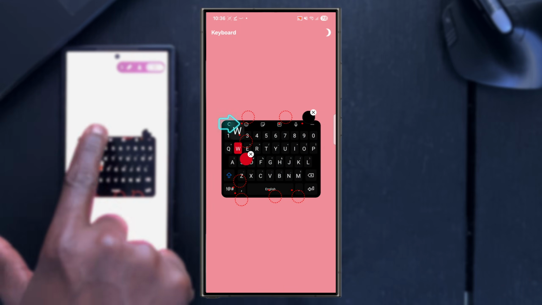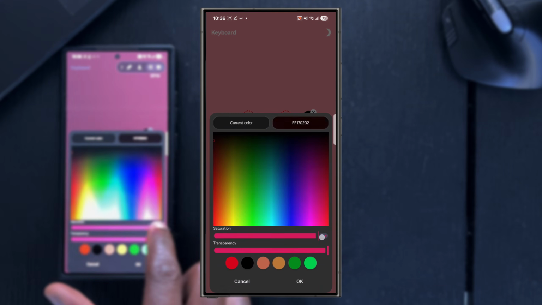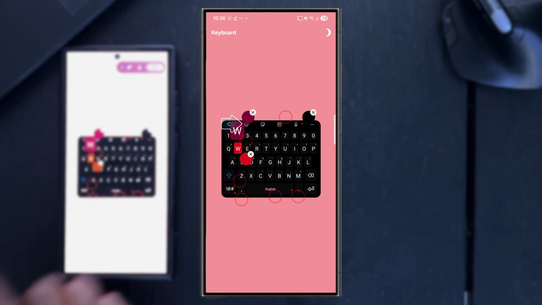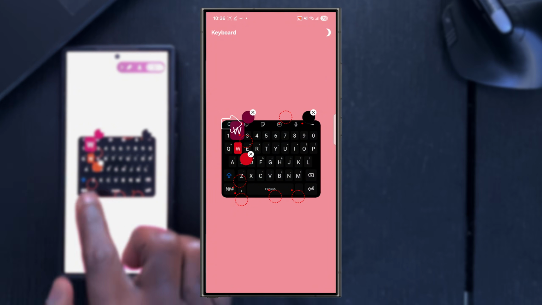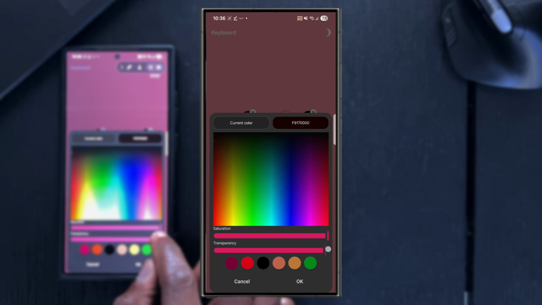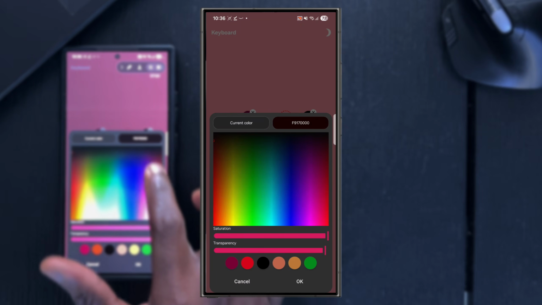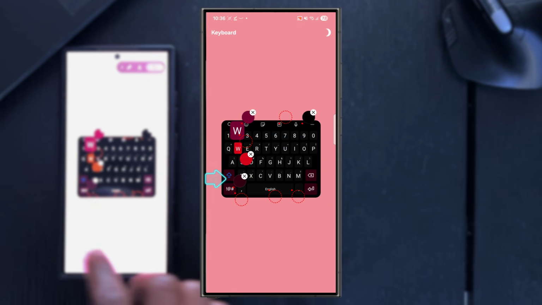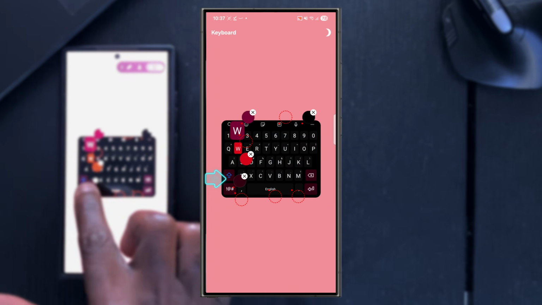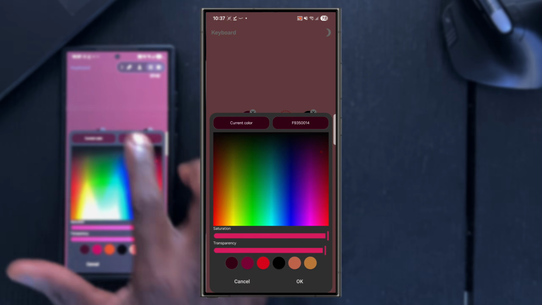Now we can see where the dot is. We can come ahead and select a darker shade like this, and we have the pop-up W being in a different shade. Then we can proceed to tap on this, also turn on the saturation and the transparency, go into a darker shade, and then we have the side ones also assuming a different shade of red. Then, well, we can come here and take this,